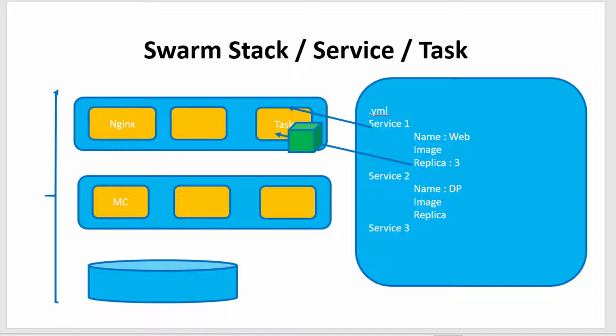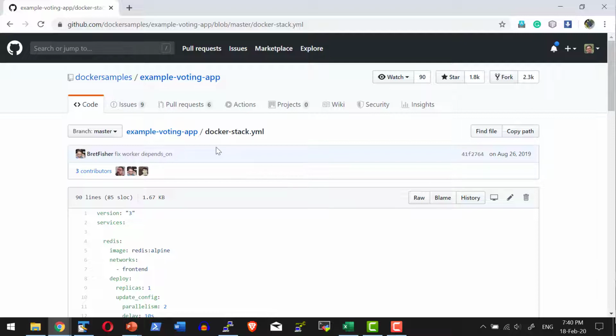Say for example, if I have a web application, it may have a front layer as well as a middle layer and a database. I wanted to deploy everything as a whole in a single go. For that, Swarm Stack will be much easier to deploy them and Docker Swarm supports that very well. I'm going to use the compose file which is in the YAML format. Let me go ahead and use the sample provided as a part of the Docker.